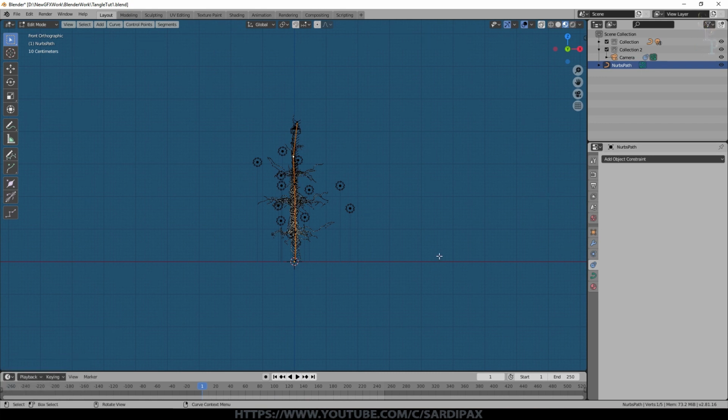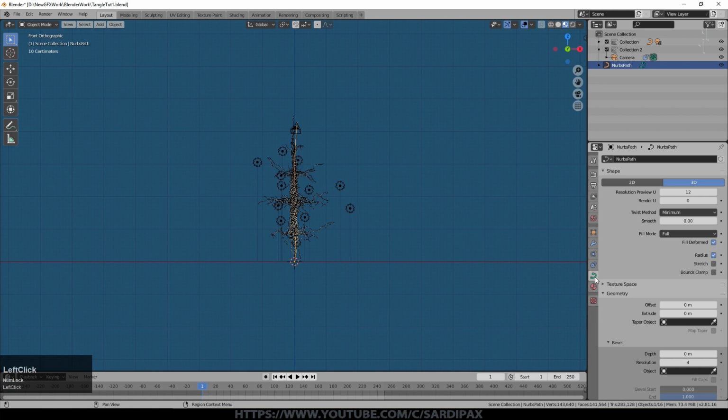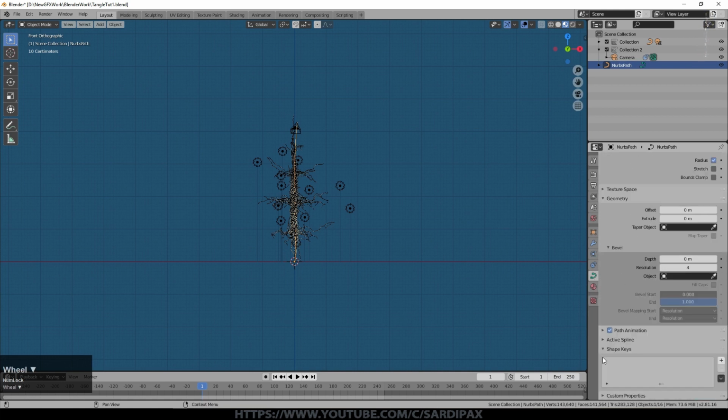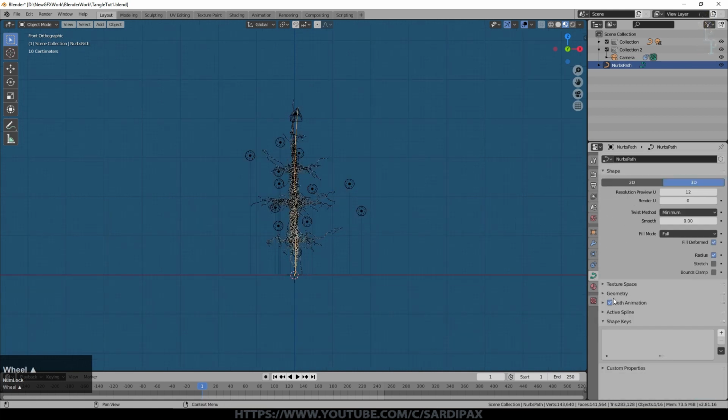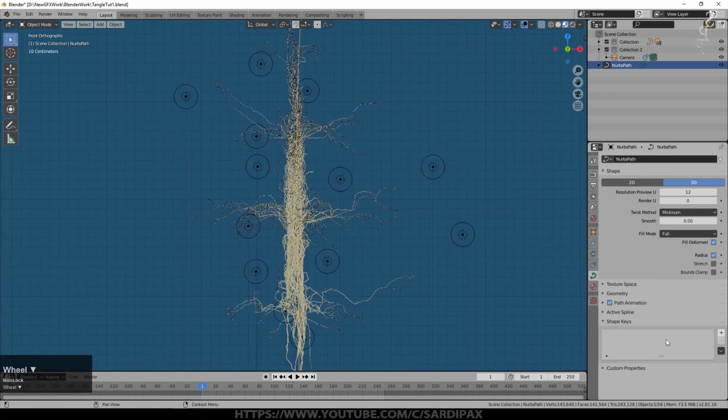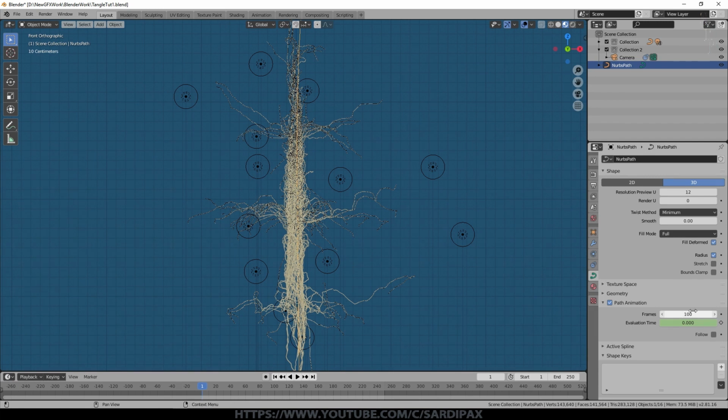So with the curve selected, you don't need to be in edit mode. Go to curve properties, scroll down and look for path animation. And you should see it's ticked because we animated it through the button on the camera constraint. And you can see in here, it's set the path to exist for 100 frames. So it will only take 100 frames to traverse the path. So I might want the camera to go that whole path, but I might want it to take the whole 250 frames. So that's what I could put in here.